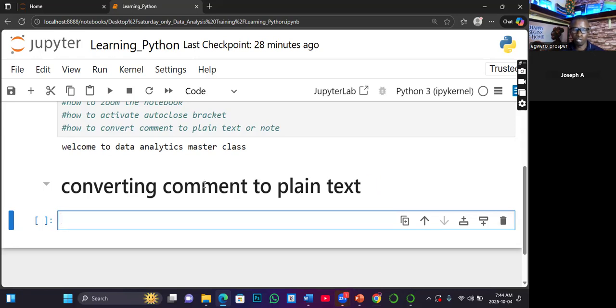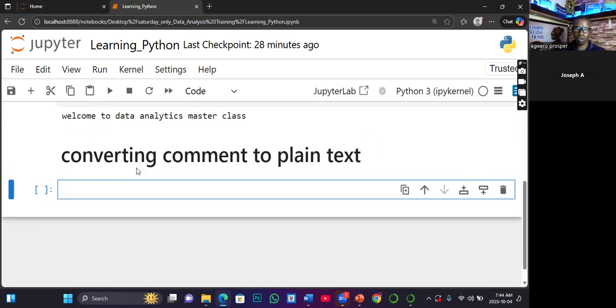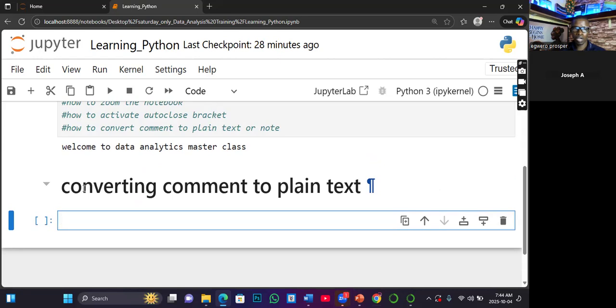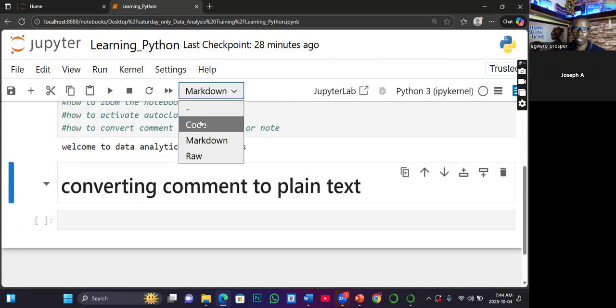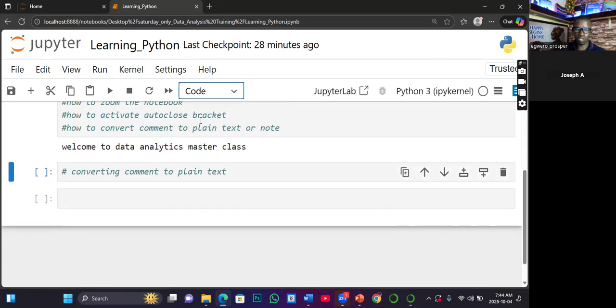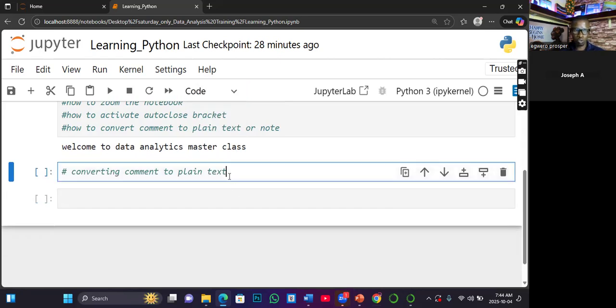Okay, all right. Now I want to convert it back. I'll click on that cell and then come back here and click on code. So you can see that I have switched it back to code, though it's still in comment form. Now, what I did is to write the comment line first. Make sure that there is a space between the comment sign and the word itself.